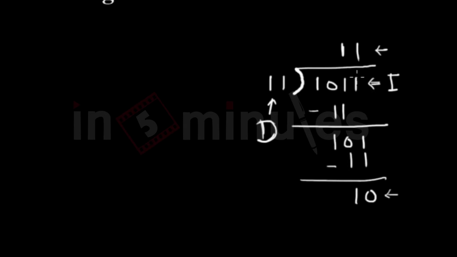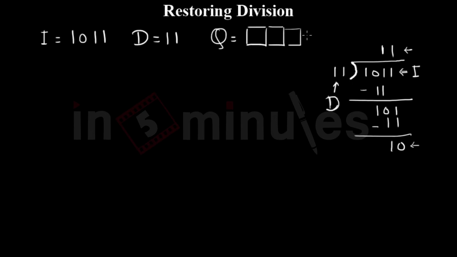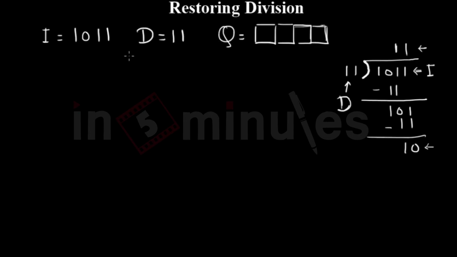Okay. Now what we need to understand here is what goes behind the scenes of this operation that is shown here. So we need to understand that division is nothing but repeated subtraction of divisor from the dividend. Let's perform that operation and see how it goes. So we have dividend I is equal to 1011, D is equal to 11. And let's have some quotient value we want to compute, 4 bits same as that of dividend. If dividend is 4 bits, the quotient can have maximum 4 bits in it. So yeah, that's pretty obvious.